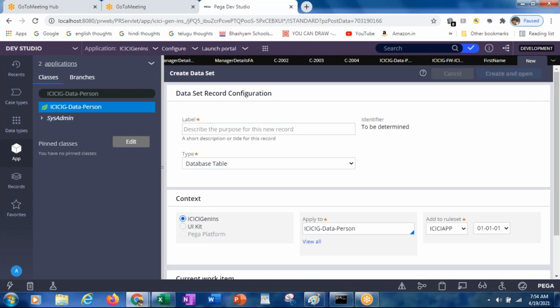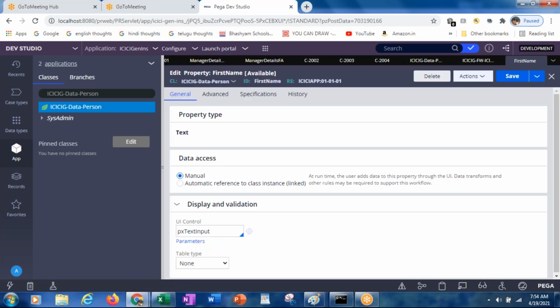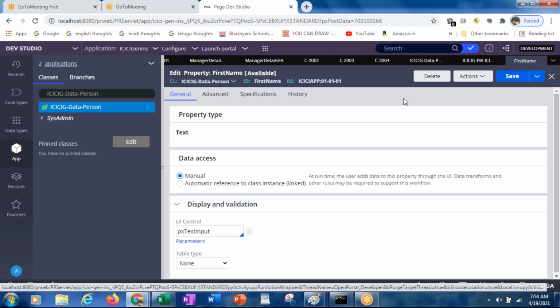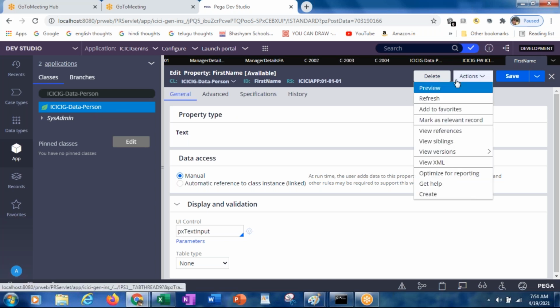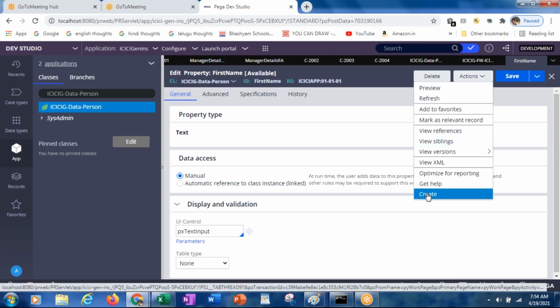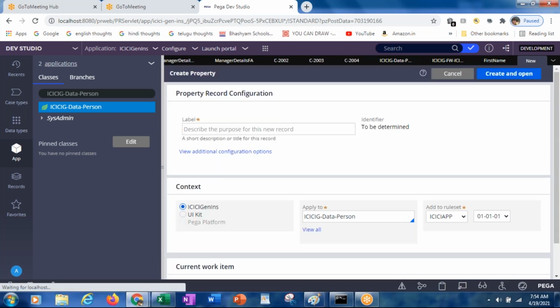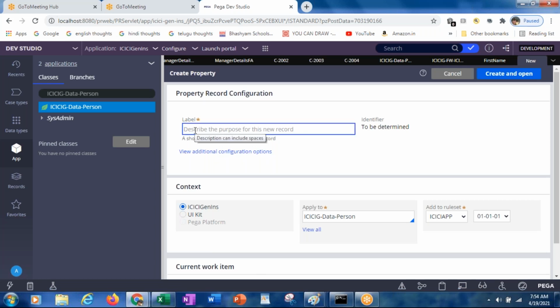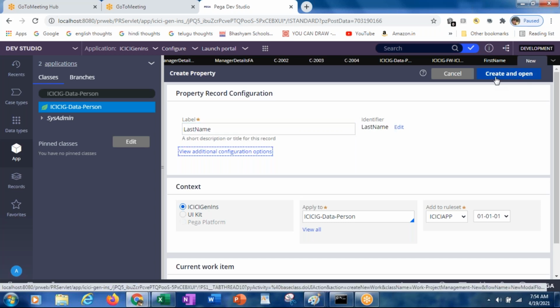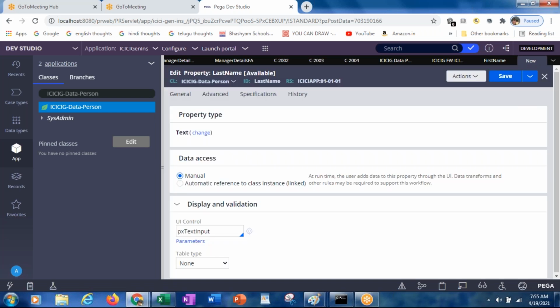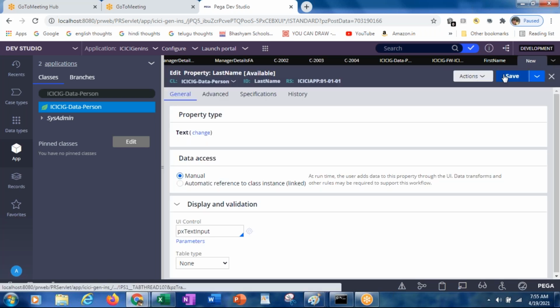I will tell you again, you may be getting confused. Actions, create. Here also you can select. Last name, create and open. Save.